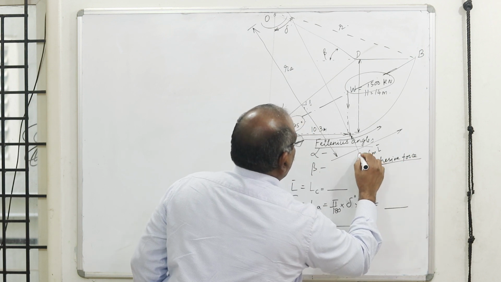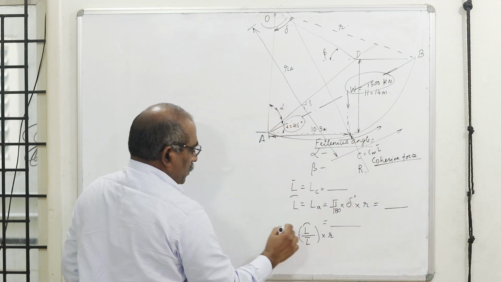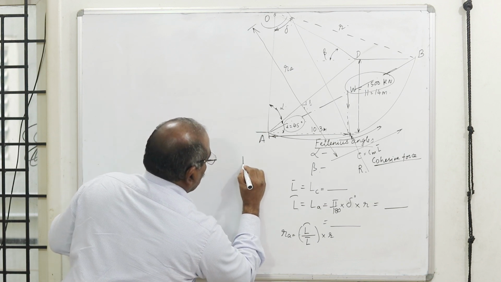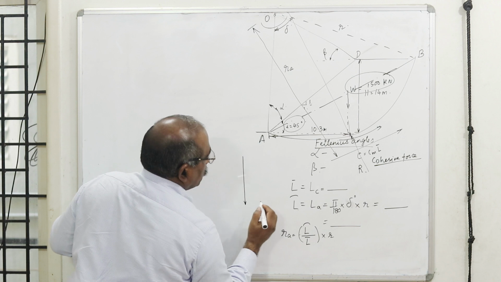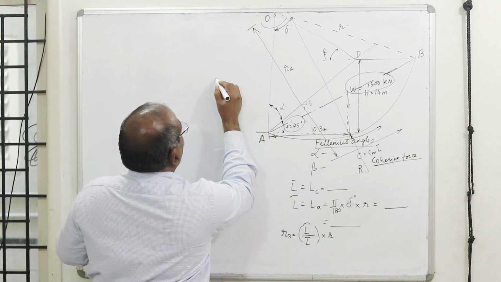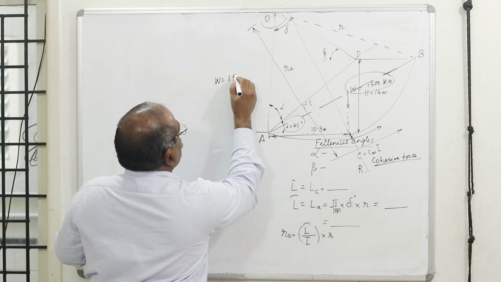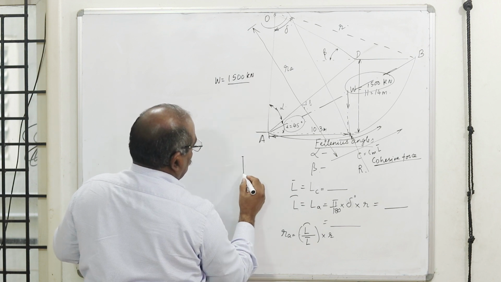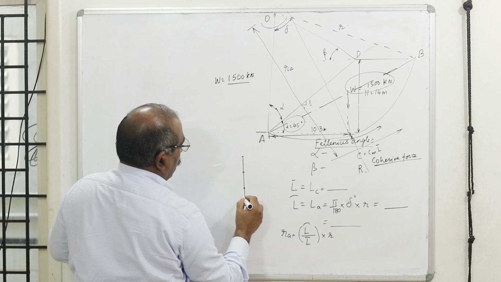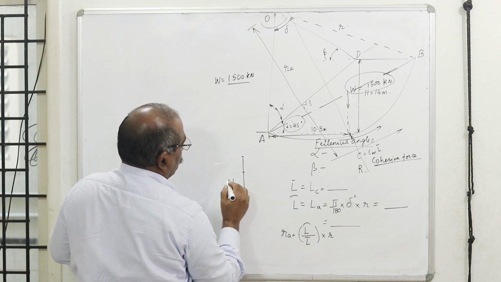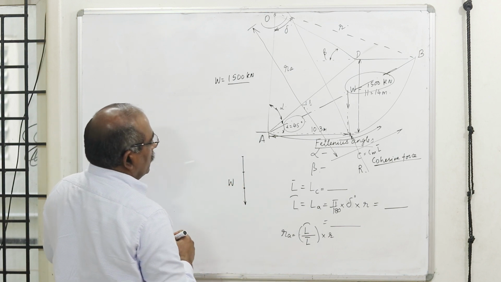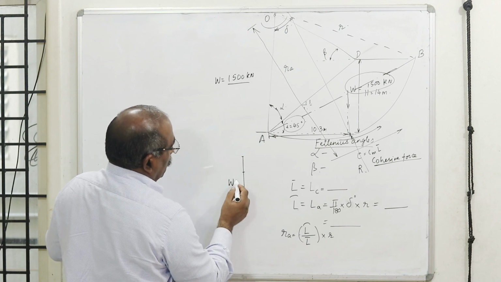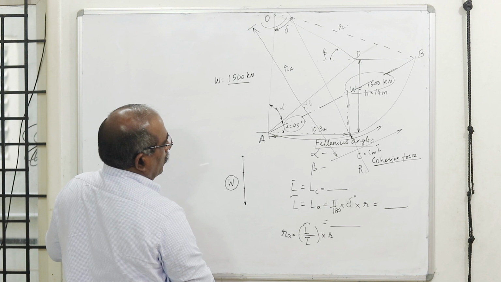Okay, to represent the cohesive force, I am trying to make use of this ratio. Now what I have to do? I can form a force triangle, taken to scale. What is my weight W? Weight is 1500. Therefore I can take 3 centimeter, or it may be 1/2 centimeter, representing the weight W.